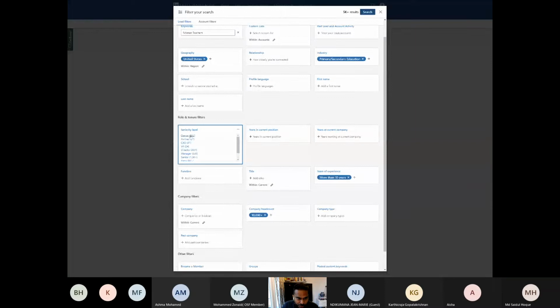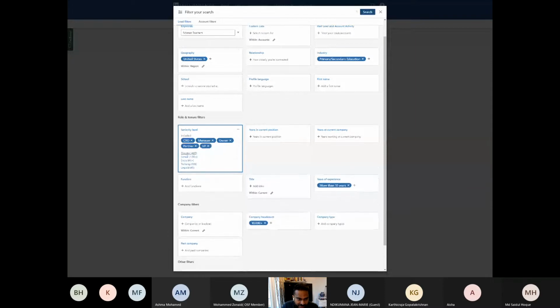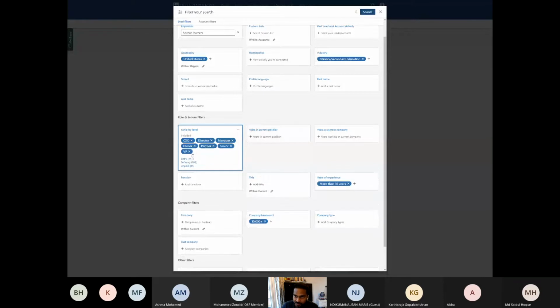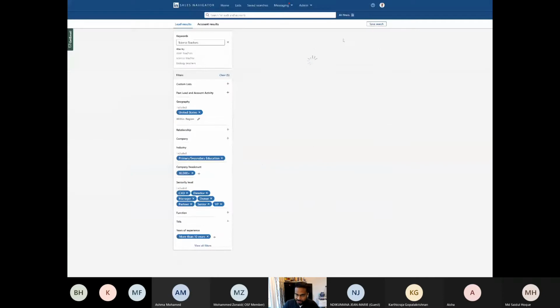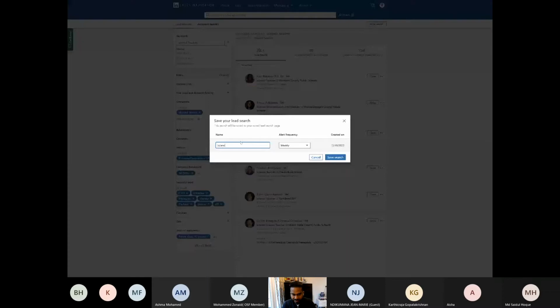So you can choose owners, partners, CXOs, VPs, directors, like this. It will still be 944, and maybe this as well. It will take you to 2,000 people. Yeah, that's it. Search, save, right? Science teachers, blah blah blah. Save it, and the remaining ones. So what have I done?